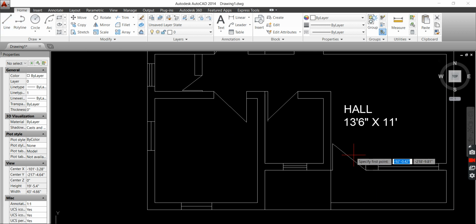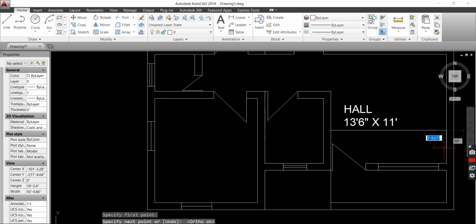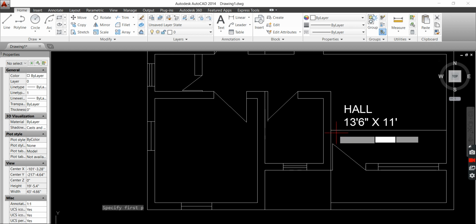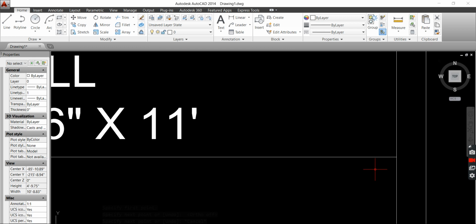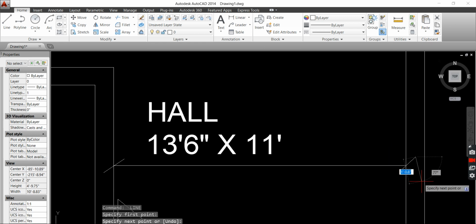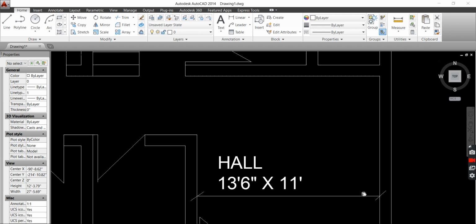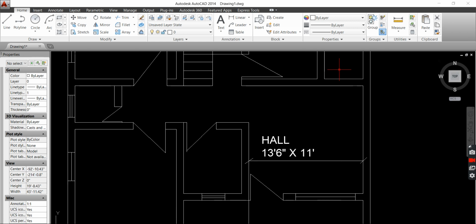So L enter, we'll draw a line, from here to here, and this way we will have the 13 feet 6 inches, and it is from inner wall to inner wall, and in the same way the width-wise 11 feet.